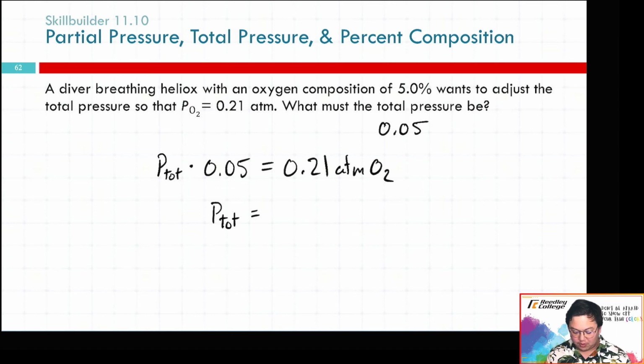This is another one of those examples where if you know what you're looking for, you can kind of predict what your answer is going to be. If 5% of our mixture is 0.21 atmospheres, then our total has to be 95, well, it doesn't quite work out to 95% greater, but the other 95% is going to be much more. So our P total has to be 4.2 atmospheres. Right? So this is how I think about this math in my head. If we were to take 4.2